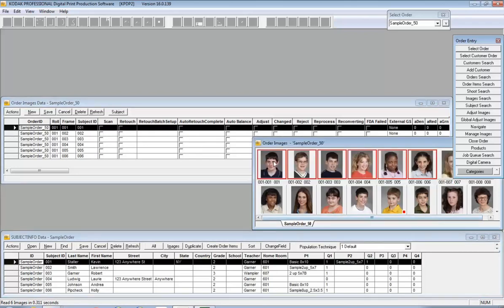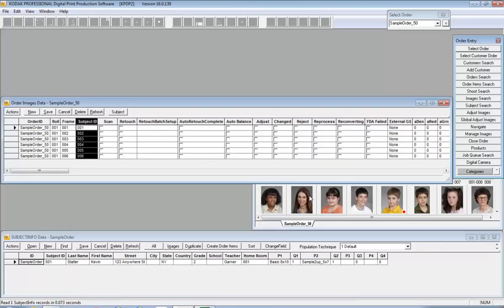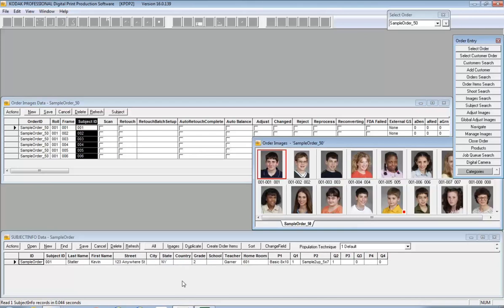So that, as an example, if I were to just select this one child, that first one, based on his subject ID being 001, and in this case it's the third set of numbers, depending on how you organize or how you label or whether you use folder and file names to organize images in your workflow will determine what series of values you see here. But that last value, this 001 in this case, is the subject ID that ties this child, Kevin Statler,